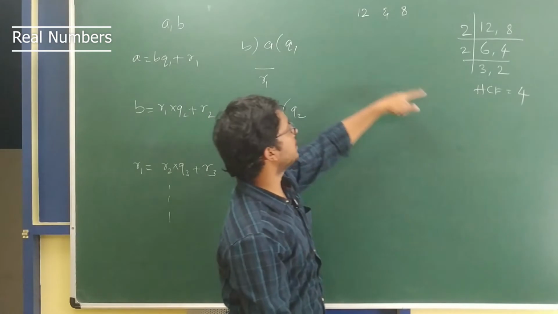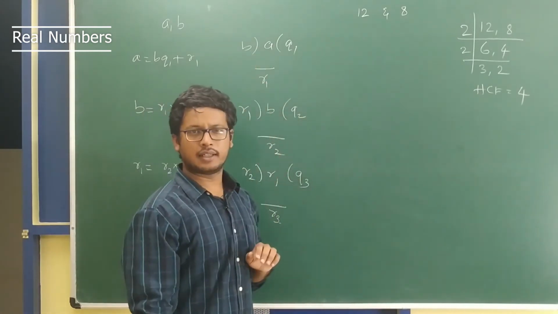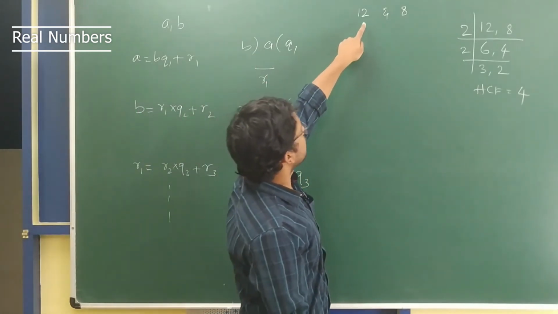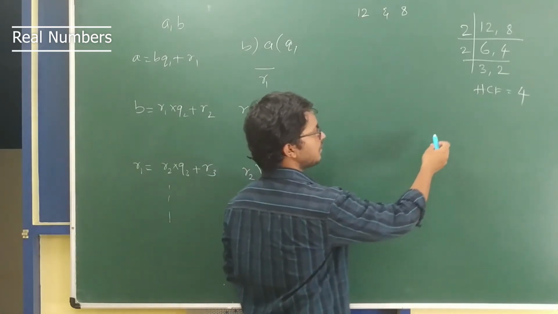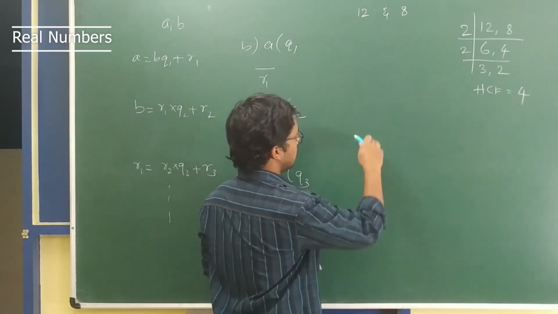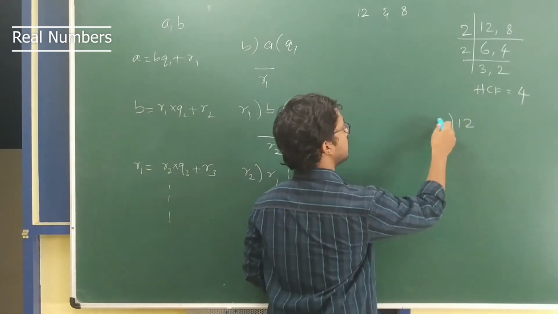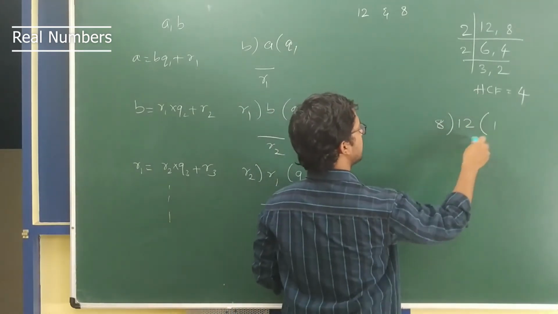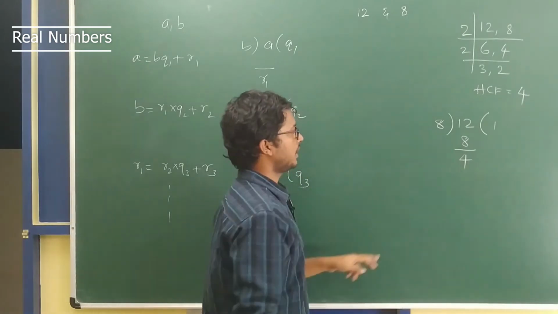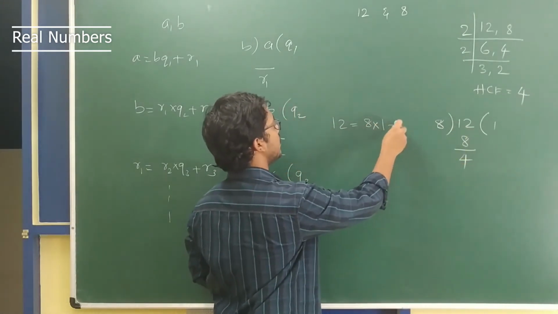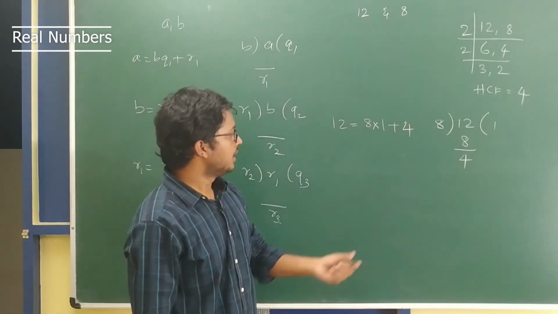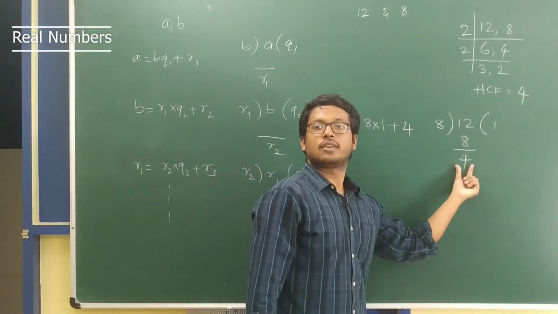Let's see whether we get the same thing using Euclid's division lemma. So you start off now expressing 12 in terms of 8. So how do you express 12 in terms of 8? You start dividing. Okay, let me write it here. So 12 divided by 8. So 8 1s are 8, now 4 remain. So now 12 can be expressed as 8 into 1 plus 4. Since the remainder is not 0, we still don't know the HCF.